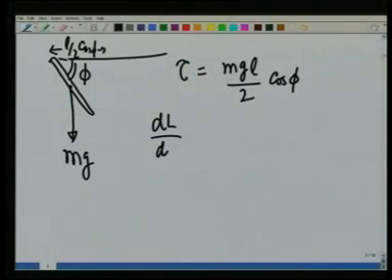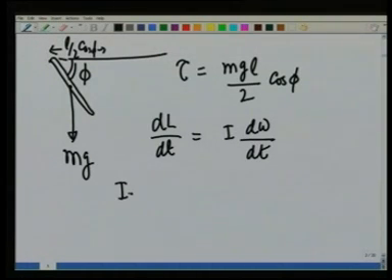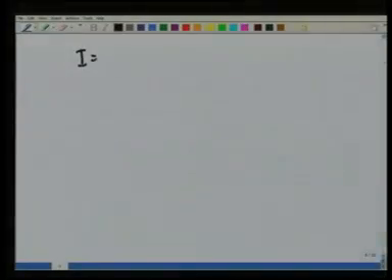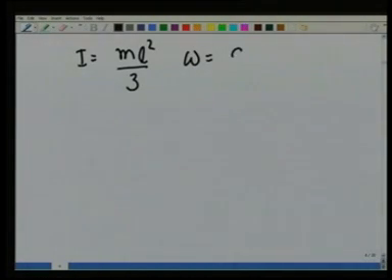and this should be equal to dL/dt, which is nothing but I about point O times d omega/dt, and therefore, I should have I, which is the moment of inertia, times d omega over dt is equal to m g L divided by 2 cosine of phi. As I already have mentioned, I is m L square over 3, omega is d phi over dt, and therefore,